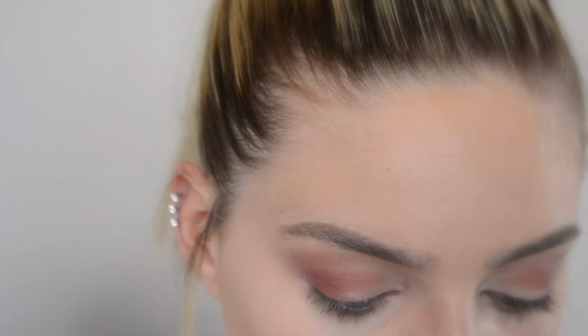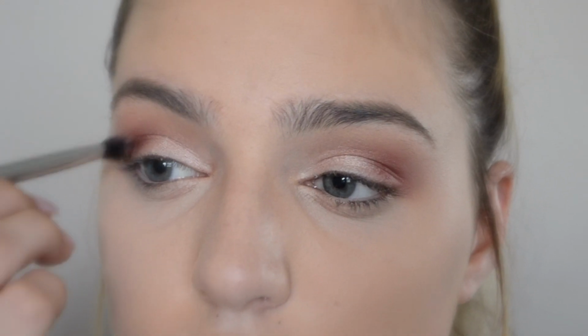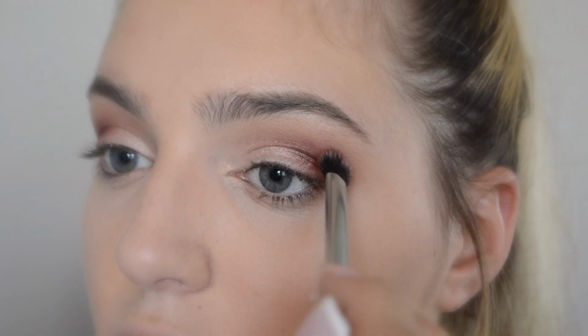I'm going to do a pink, like a light pink. This pink, it's from the Jaclyn Hill palette as well. And now I think I want to go even deeper than this, so I'm going to be using Chip. It's more of a brown, but I really want to deepen this up right here. Oh yes. And so I'm going to be putting it in my crease, but I'm just going to pop on